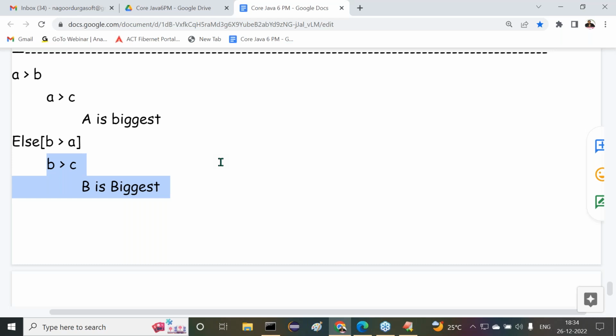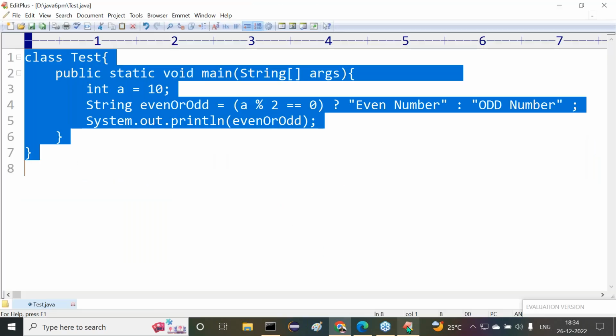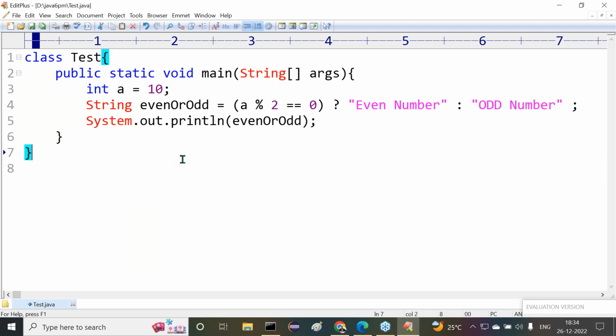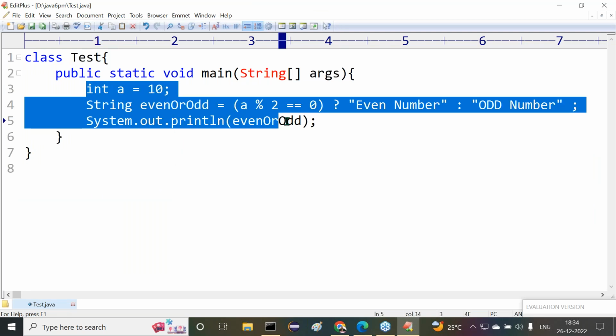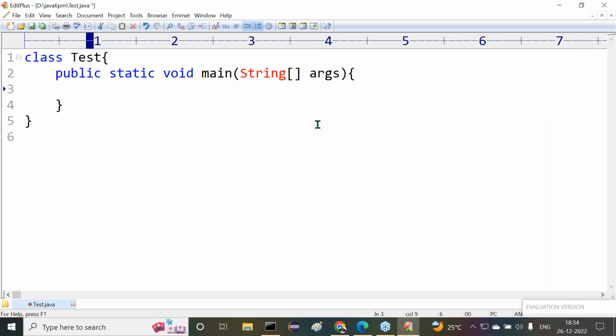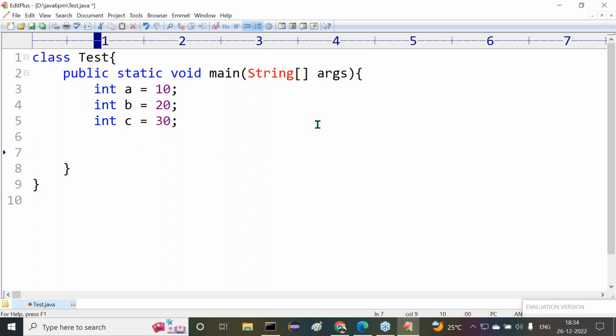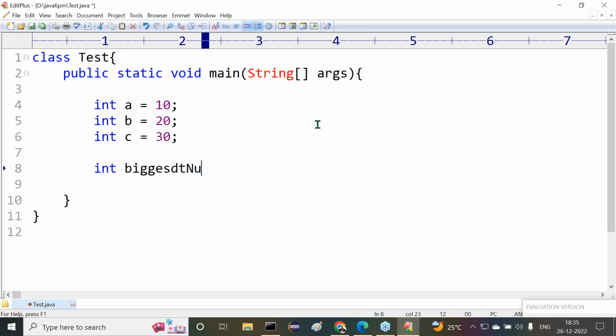Now, observe carefully after completion of this what I am telling you. Let me check this. What is the point here I'm telling you? Observe carefully, already we have done this example. Now next one is int A is equal to 10, int B is equal to 20, int C is equal to 30. Overall, three values here we have taken: A value, B value, and C value. Now observe carefully, int biggest number